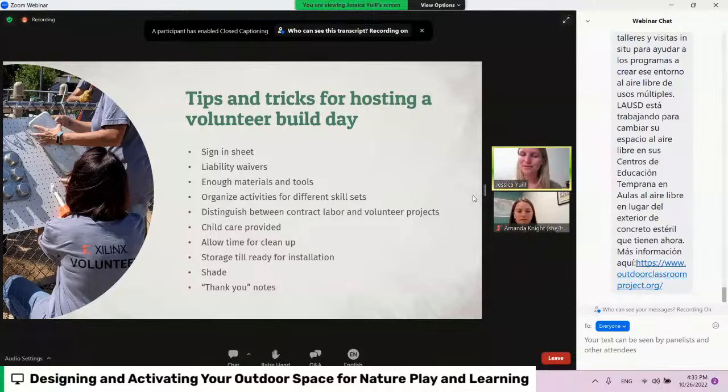Since we're thinking about places where children are cared for and spend their time, it's always good to provide childcare if you're able to, so that families are able to attend and have their children have a place to go. I already mentioned allowing ample time for cleanup. So again, just remembering that that's going to be an important part of that process. And then think about installation. So sometimes at a volunteer build day, you might be creating different settings that aren't ready to be installed right away. So just